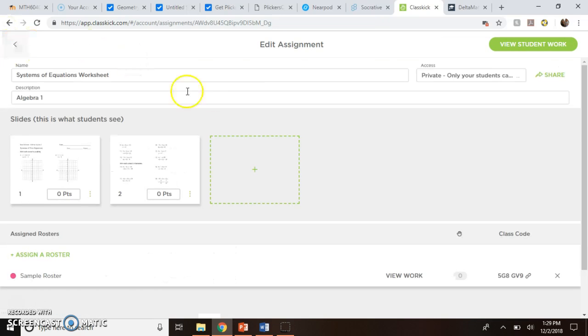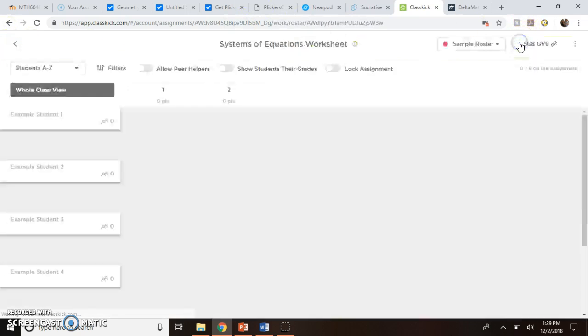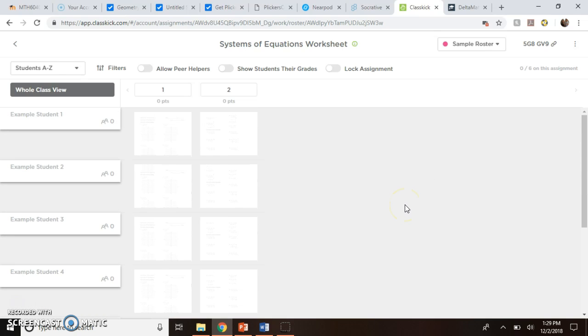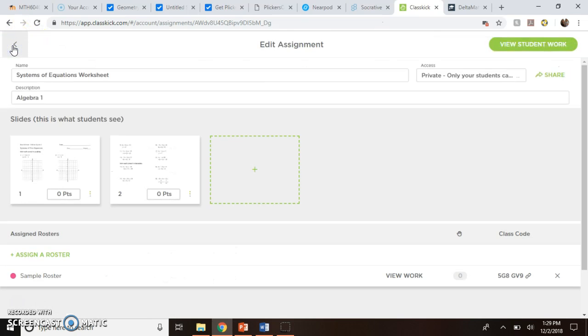So with ClassKick, that's how you would view the student work once you create the assignment. This is where you can actually monitor student progress as they're going through the assignment. So that's about it for ClassKick. There's not much to really go through, because you can add a worksheet, or you can also add more things,